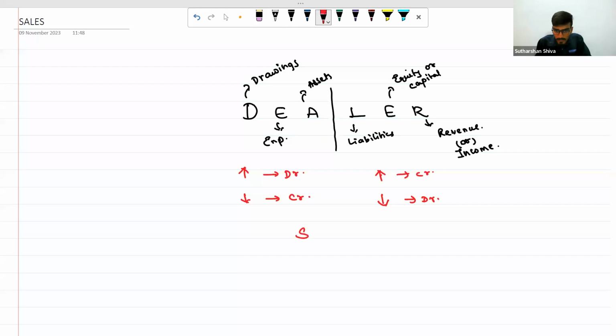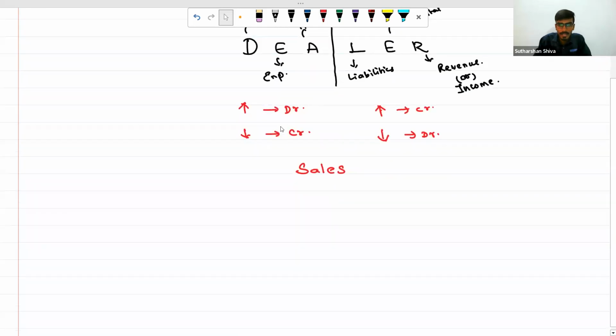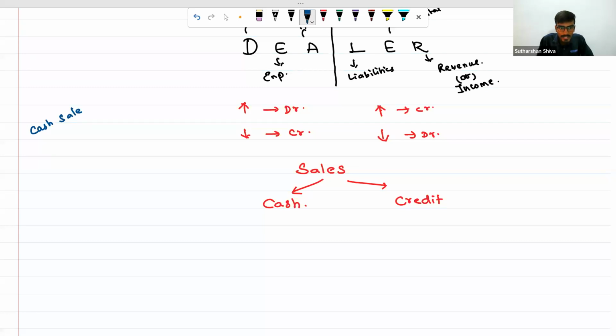Okay, so I'll just get into some basics. We will take an example of sales. Sales can be done in two ways, as we have already discussed. One is on credit, one is on cash. Suppose it is on cash, what is the cash sales journal entry? We are saying it is sales. Sales is revenue generating, that is an inflow to the business. Sales is nothing but a revenue generating activity.